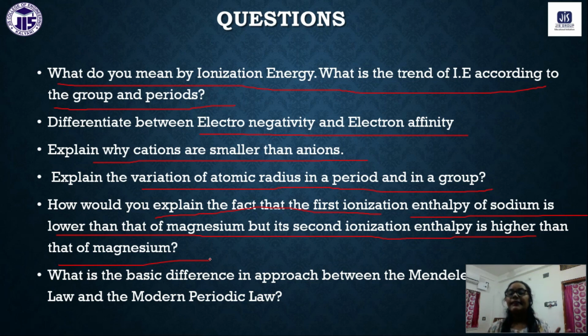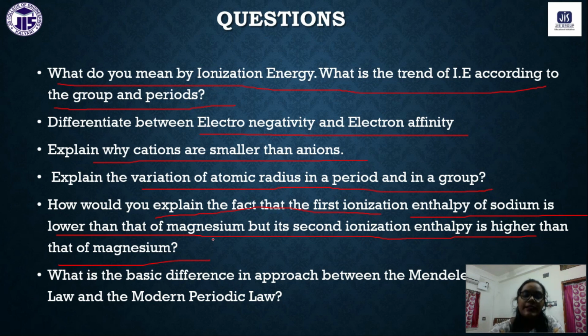Now the next case, the second ionization. If we want to remove one more electron, what will happen? For sodium, we have to destroy the fulfilled shell. But for magnesium, if one electron is removed from 3s, and we again remove one, it will gain the fulfilled shell. That is why for the second ionization enthalpy, sodium has a higher value than magnesium. So if you have this type of question, first write down the electronic configuration and then you can explain.